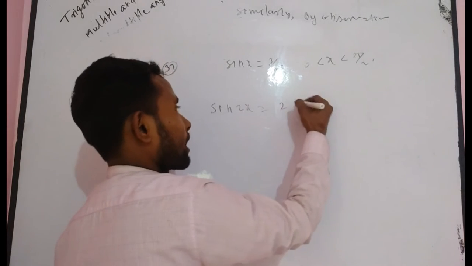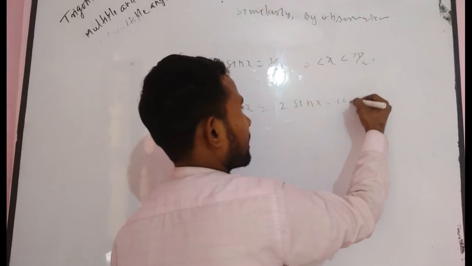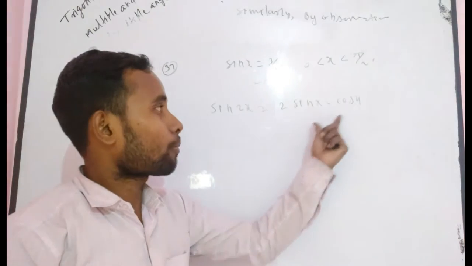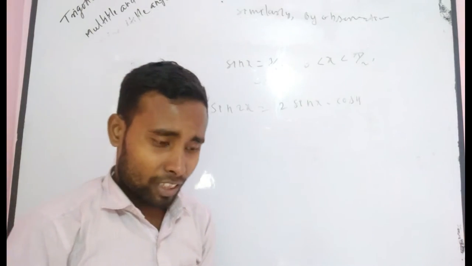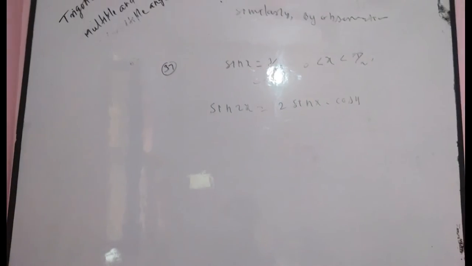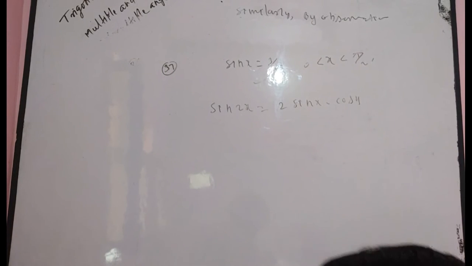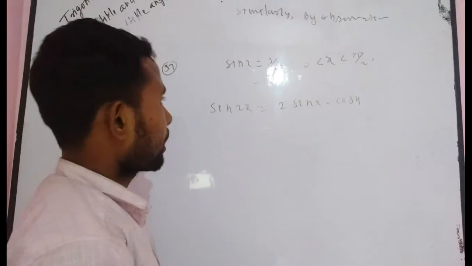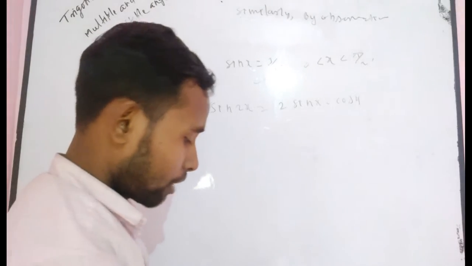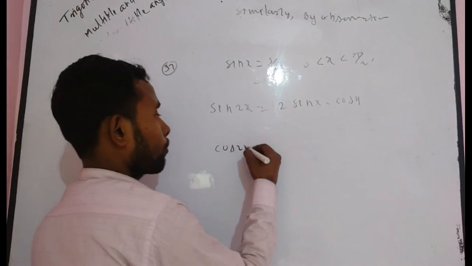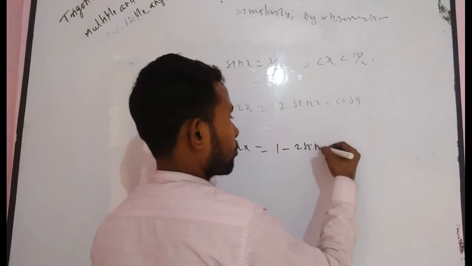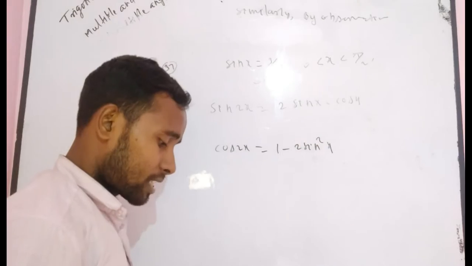I think sin 2x can be found simply as sin x into cos x if you know the value of sin x. So easily you can also find the value of cos x, because cos x is equal to under root 1 minus sin square x. Now if you find cos x, then you can also find tan x. Then you have to find cos 2x. What is the value of cos 2x? As you know, cos 2x is equal to 1 minus 2 sin square x. Simply put and you get your answer.